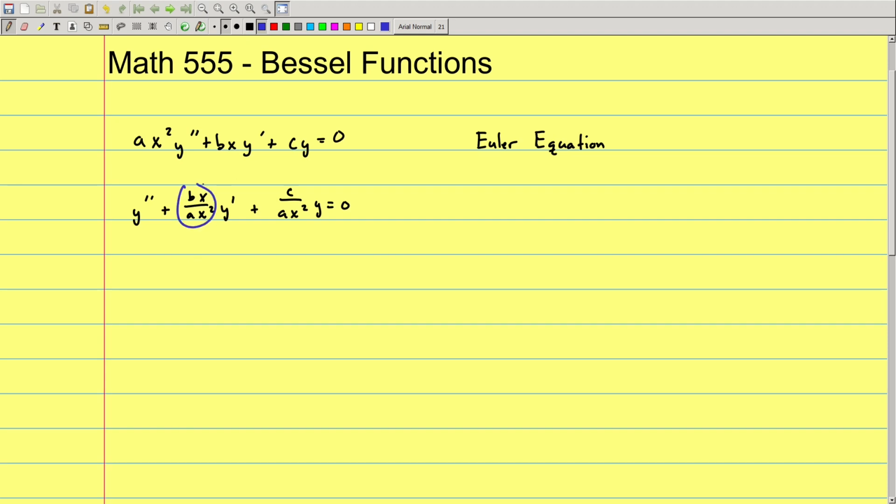I mentioned last time that we look at these two limits, and in this case we're interested in what's going on at 0, and we take x times this expression, and I'll go ahead and simplify it, and x squared times this expression,